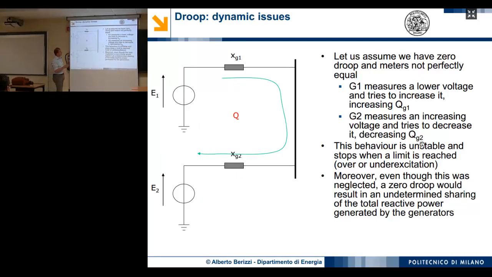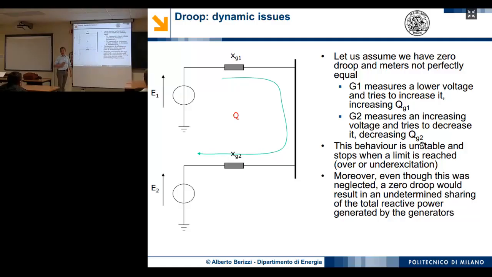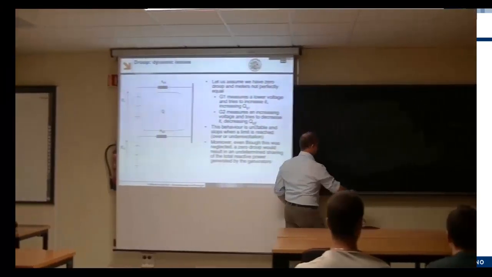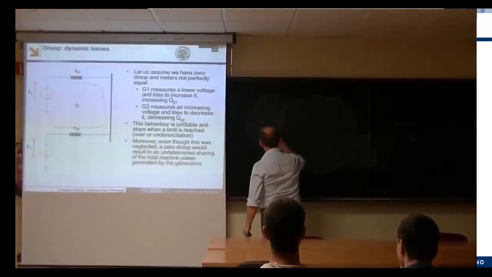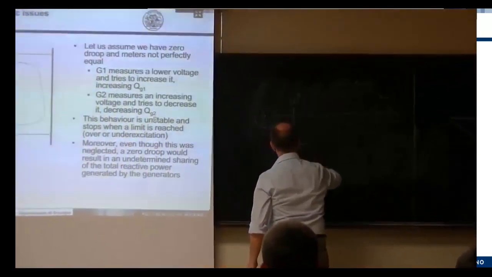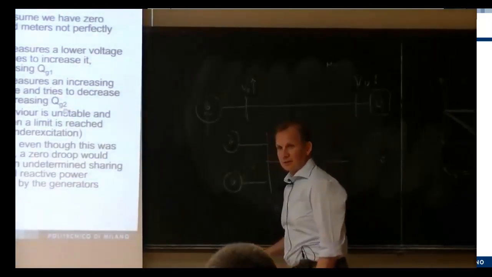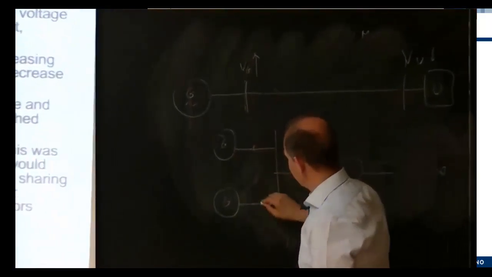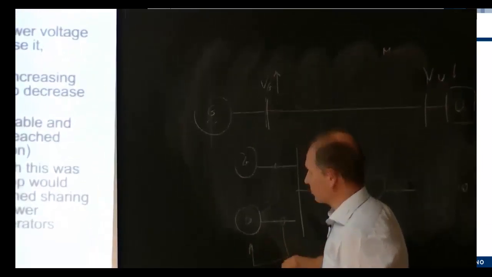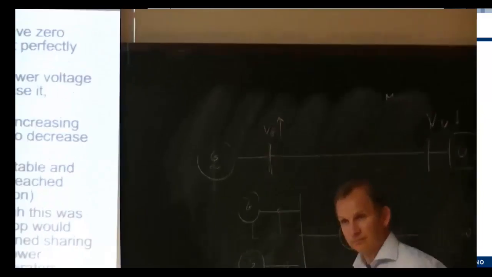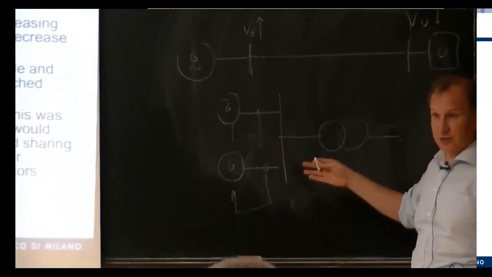For example, let's assume you don't have any compound. This is one of the possible schemes to connect two generators at the same bus bar. Then you have the transformer here. If you measure the voltage here and control the excitation system of each generator, this can be a dangerous